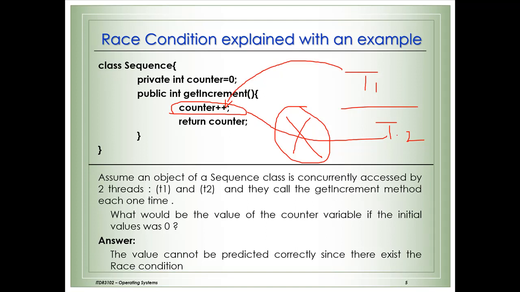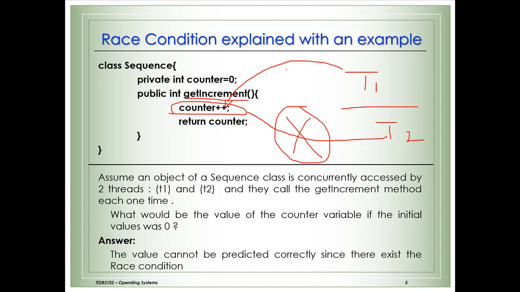should be blocked. That is, T1 is accessing the get increment method, and at the same time T2 also tries to access the get increment method. The Java virtual machine or any other programming technology should have a mechanism to block the second thread, T2.